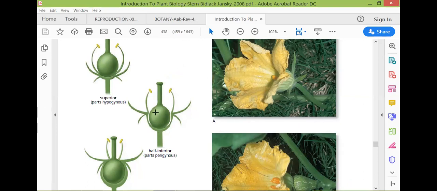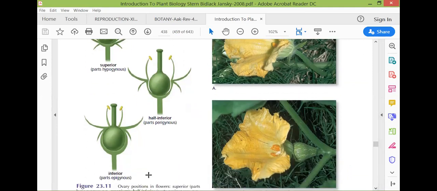So this is your half inferior ovary, okay? And this is your what? Ovary inferior, rest above. So this is the perigynous condition. Here, ovary is below, everything else is above it. Therefore the ovary is inferior, but the parts are epigynous. What does epigynous mean? You see,